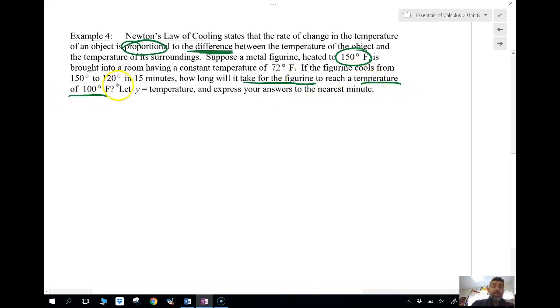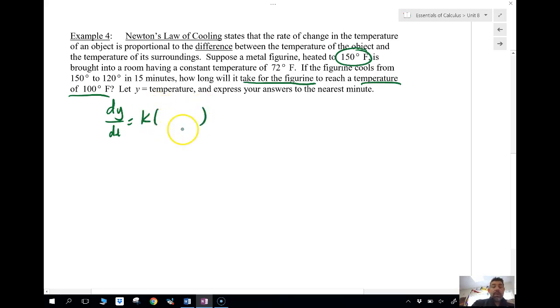So anytime we see something that deals with Fahrenheit and cooling or heating something up or cooling something down, we're going to be using Newton's law of cooling. All right, so here's how we're going to write this. We're going to start with dy dt, and we're going to say that's equal to k